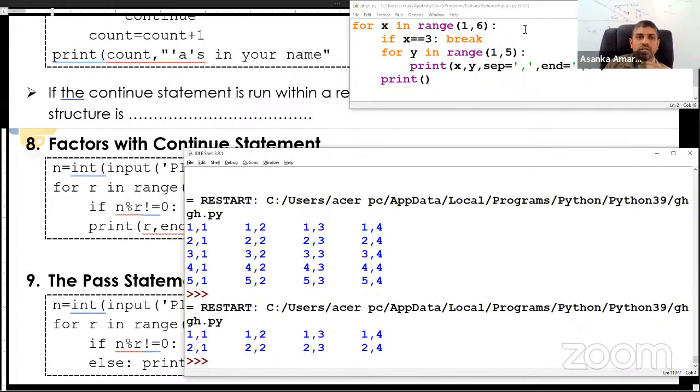තුන ආපු ගමන් තුන්වෙනි line එක print වෙන්නේ. This break statement is under the outer loop, no? Therefore, the entire outer loop is broken. That means definitely the inner loop is broken. So if you put it here,